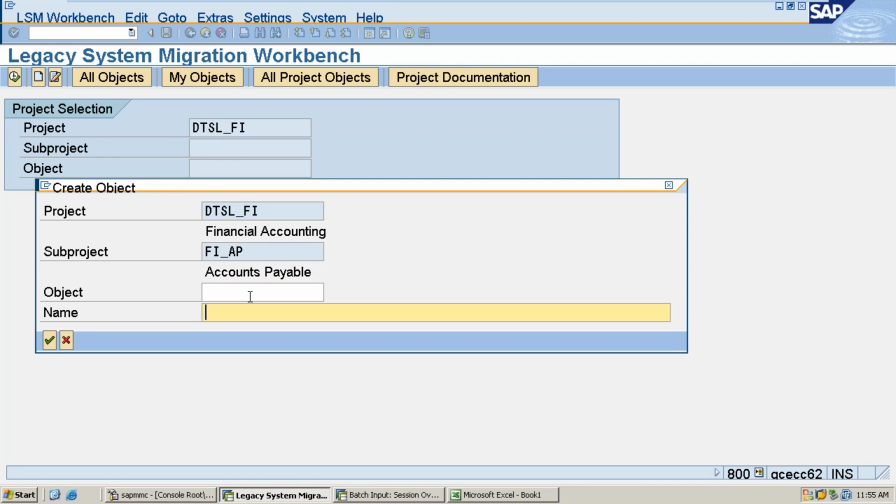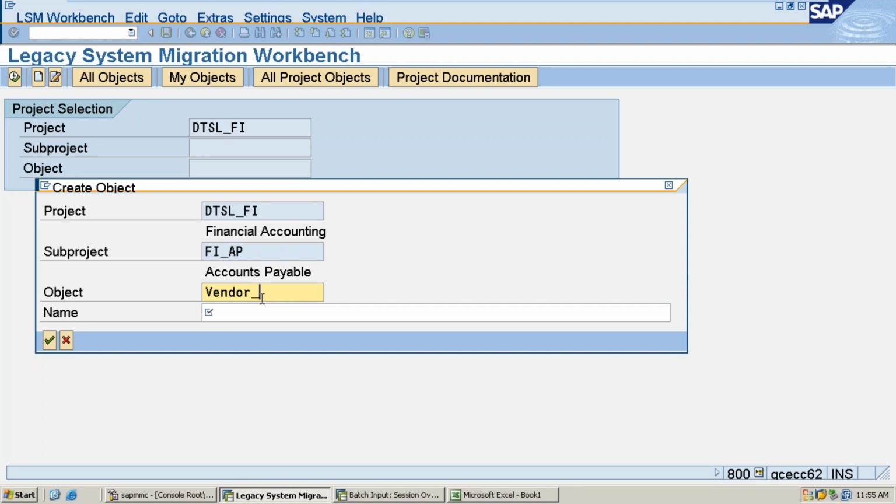Press enter. Then automatically it will go down. So vendor master record: are you going to upload? Are you going to change? LSNW is not only for uploading thousands of records. Even after uploading 1000 records, I may want to make some changes, for example change the reconciliation accounts, or change the payment terms for 1000 records in a single shot. How can you do it manually? It's not possible. Through LSNW it's possible. So in that case, use the change transaction code.